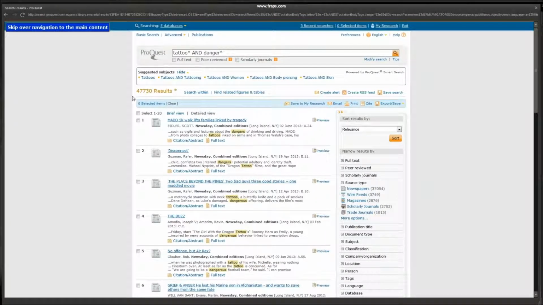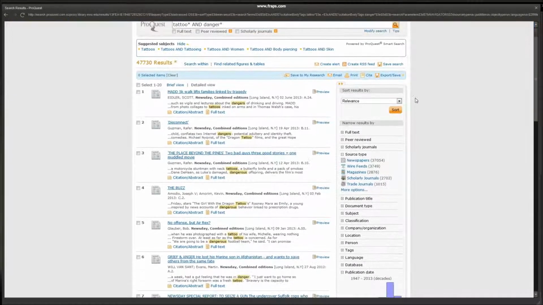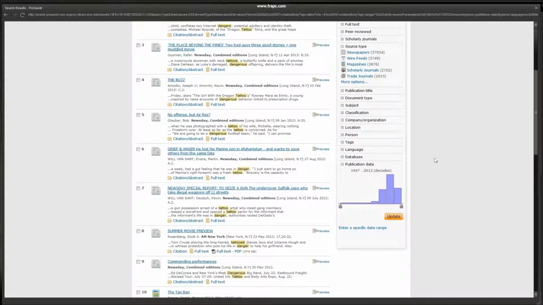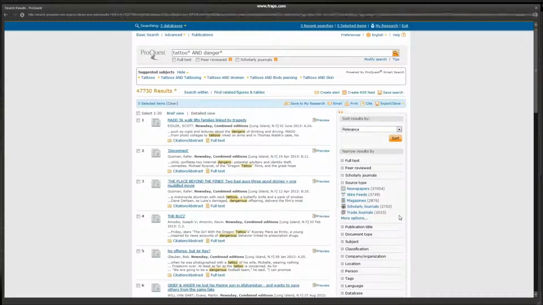After our search, one thing you may notice is the difference in the result amount that we got with ProQuest. In Academic Search Complete, we got far less results than we did here in ProQuest. That's because ProQuest has a lot more newspaper articles than Academic Search Complete does. To give you an example of another way you can narrow down your search, you can go to the bottom and look at the publication date, and you can narrow your search down to, let's say, around 2010 to 2019. So we update it,